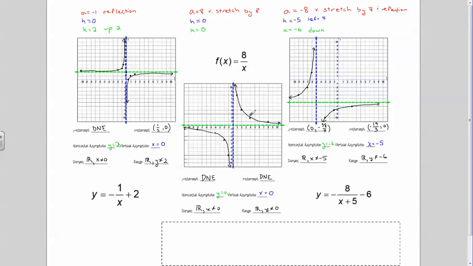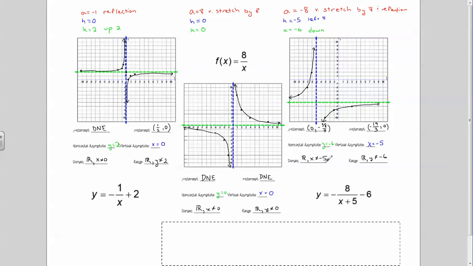So you can see that this shape, if we compare it to the shape of this function over here, it's a much wider curve. It's not quite as tight as the parent function. So that's what our graph looks like, and that's what a stretch does. The last one here,